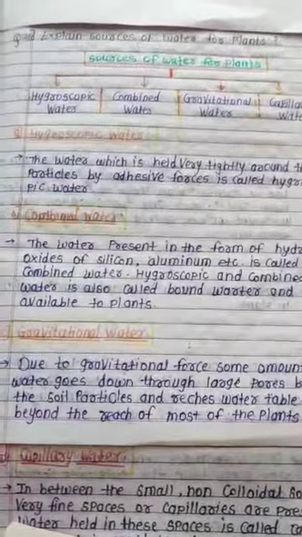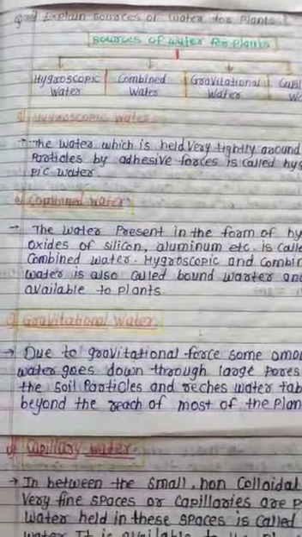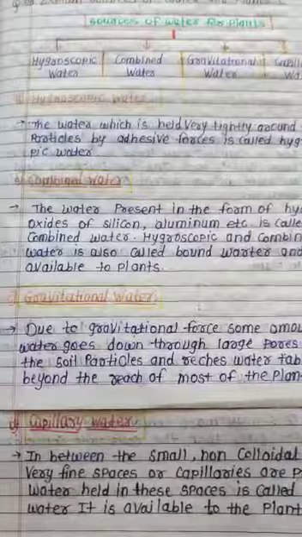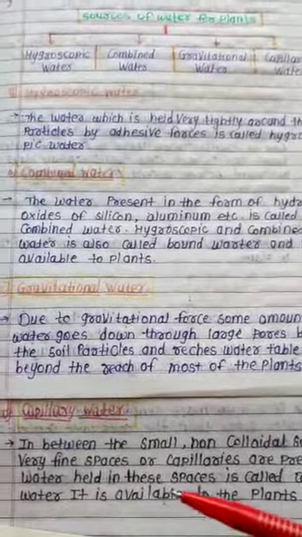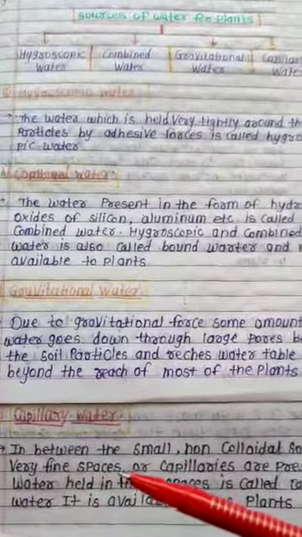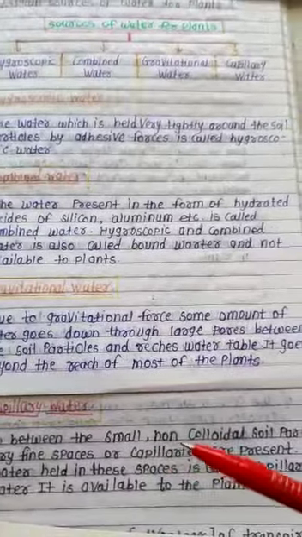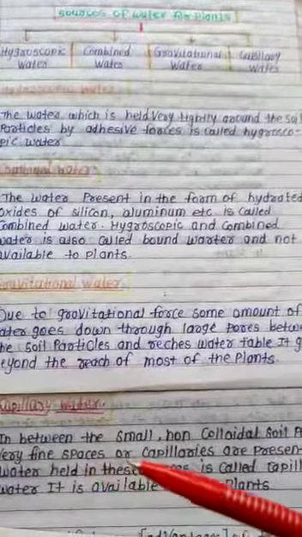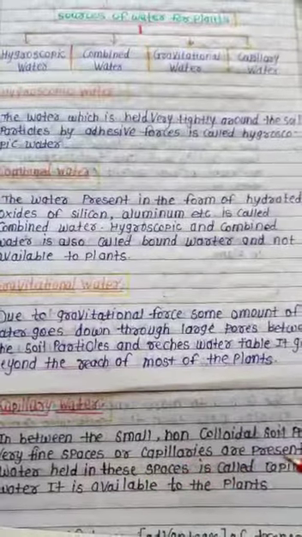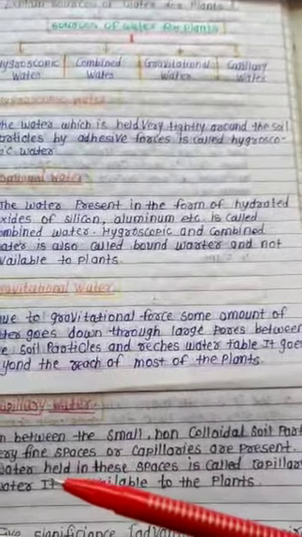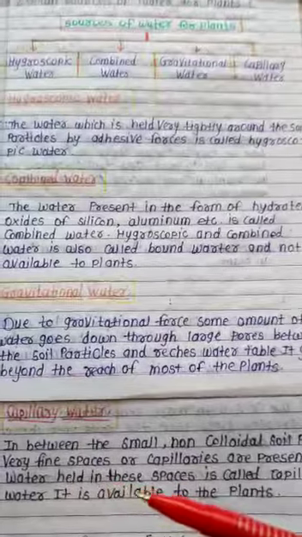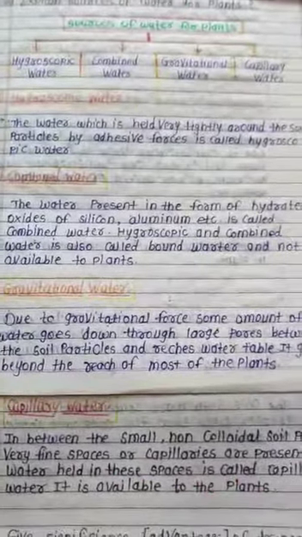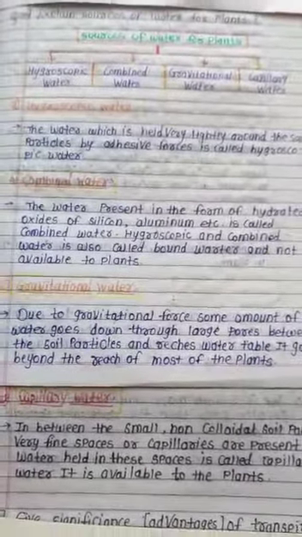The fourth one, that is capillary water. So capillary water, it is in between the small non-colloidal soil particles. Very fine spaces or capillaries are present. So this water held in these spaces is also called capillary water. It is